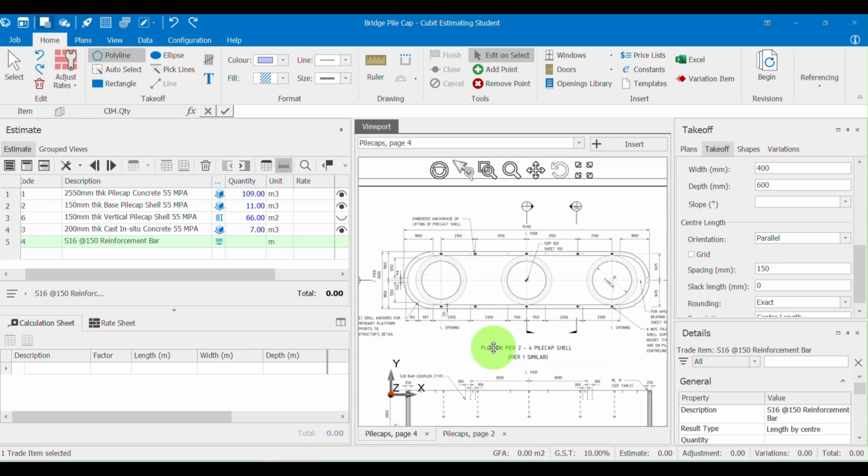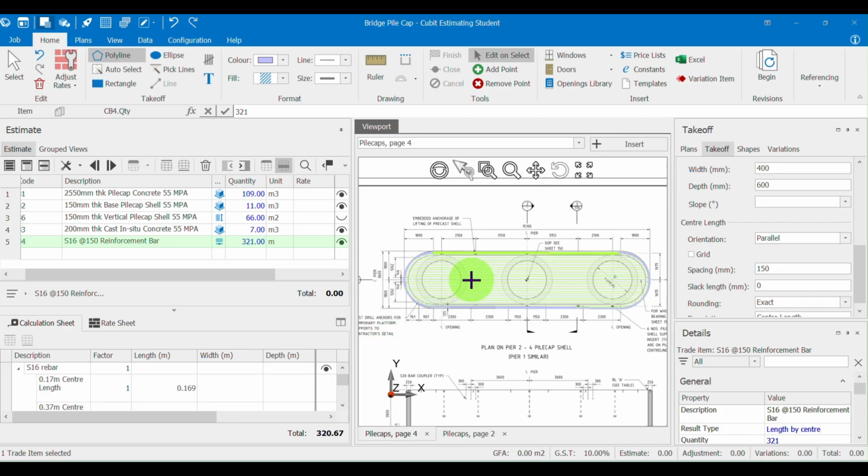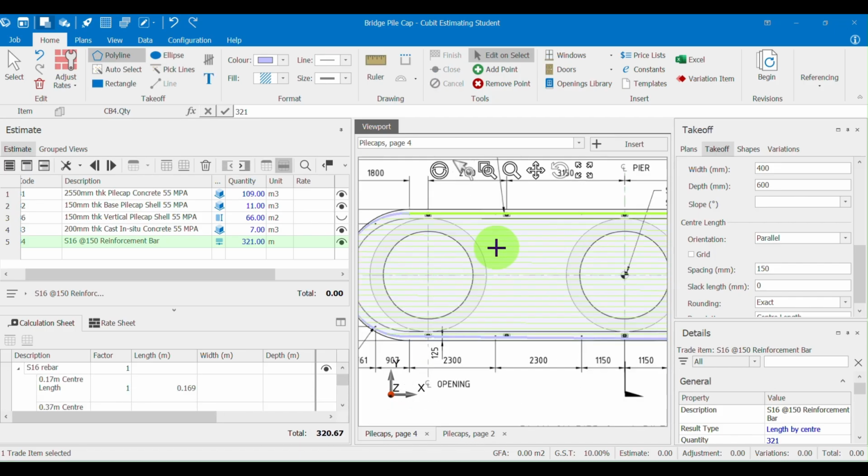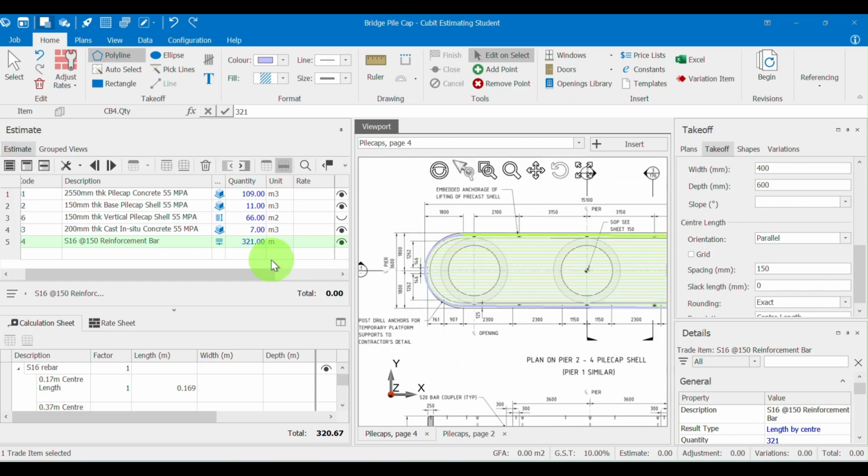start measuring on the blend. Click here, left click, and then hold, release, do the same, hold, release, and right click to close the polyline. We can see the length already calculated here, 321 meter, and